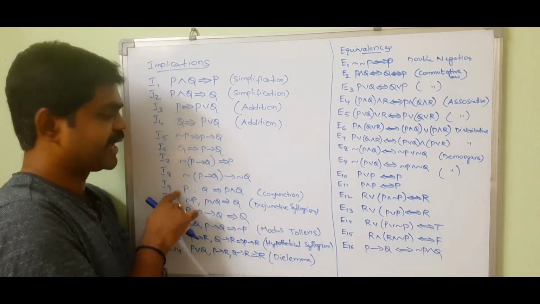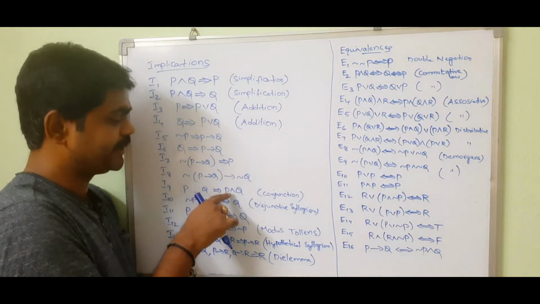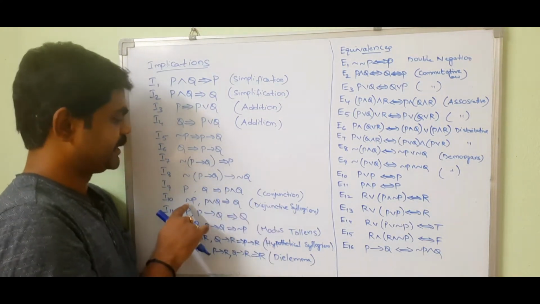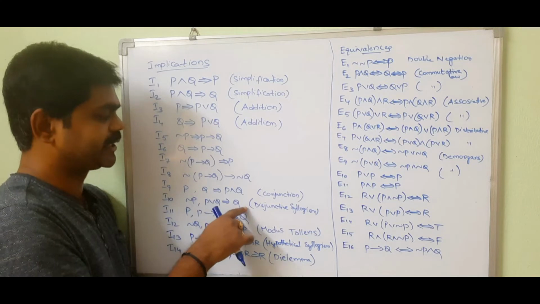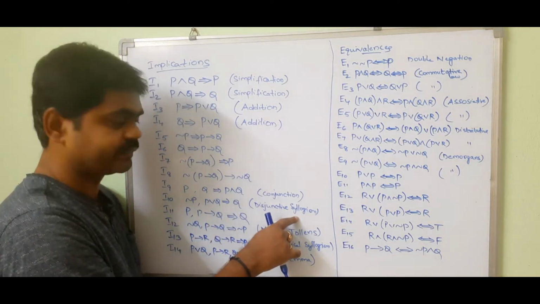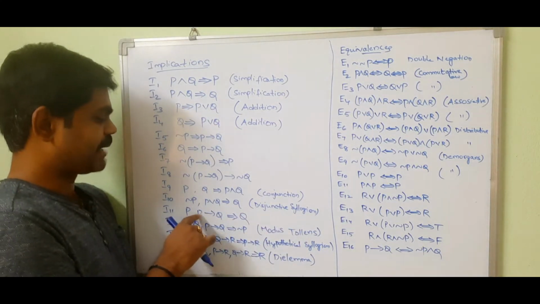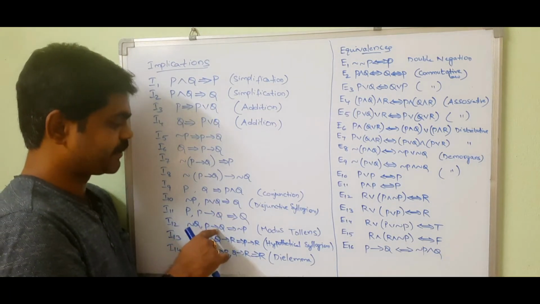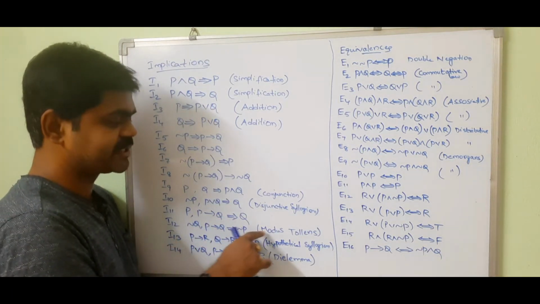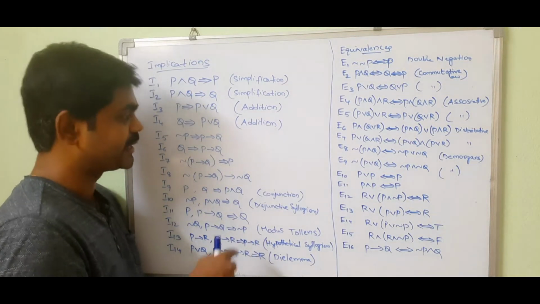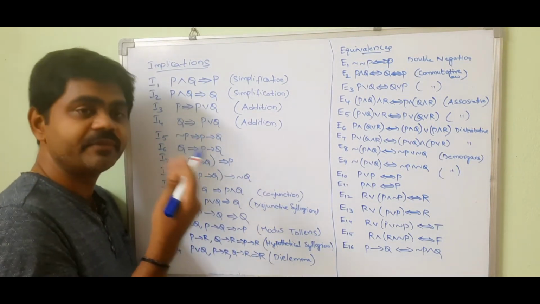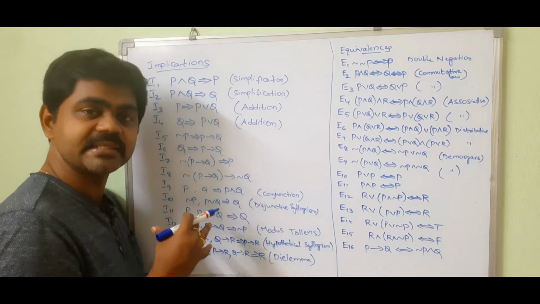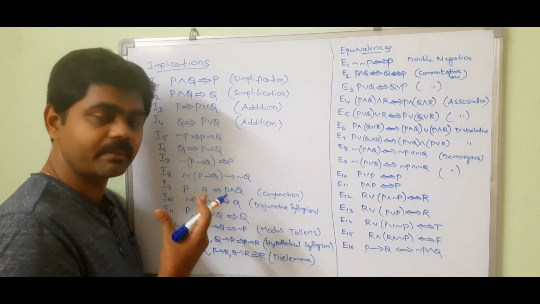Okay. So we have P comma Q will get P and Q, which is the conjunction rule. Negation P comma P or Q will get Q. This is disjunctive syllogism. Next, P comma P implies Q gives Q. Negation Q comma P implies Q gives negation P, which is modus tollens. Okay, which is nothing but if we imply this, therefore we get this. So you should remember this pattern.